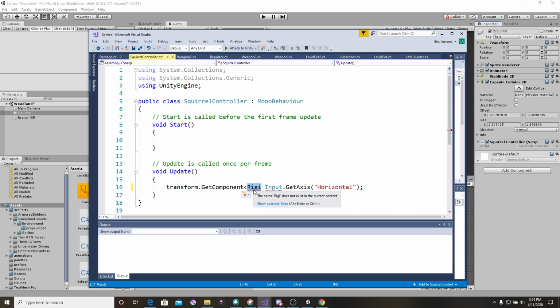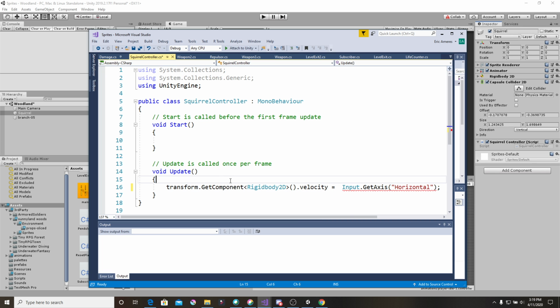Why not? Transform GetComponent. Why am I not able to get that? There we go. That's weird. Rigidbody2D.velocity